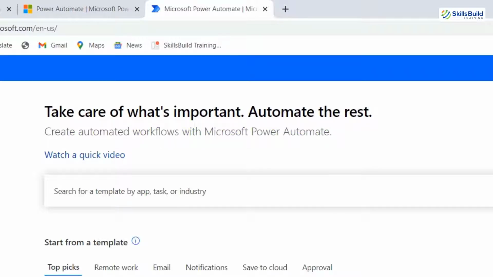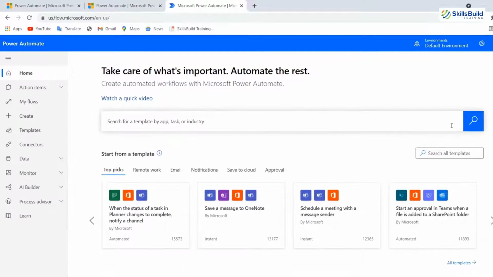Now, if I talk about who Power Automate is for and what skills you need to have: anyone from a basic business user to an IT professional can create automated processes using Power Automate's no-code, low-code platform. All kinds of industries can benefit from Power Automate, like banking, retail, manufacturing, insurance, and healthcare. Now, if I talk about how to use Microsoft Power Automate, getting started is simple. You just need an email address and a web browser. The first step is to register for free and you would be ready to start.